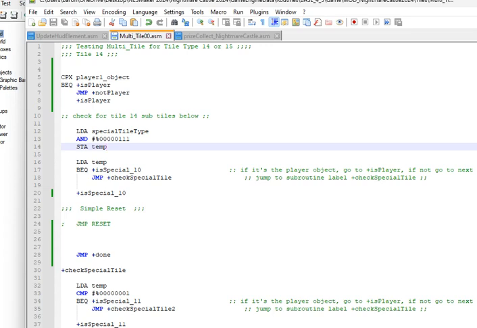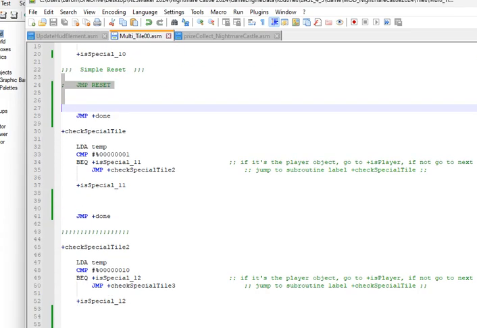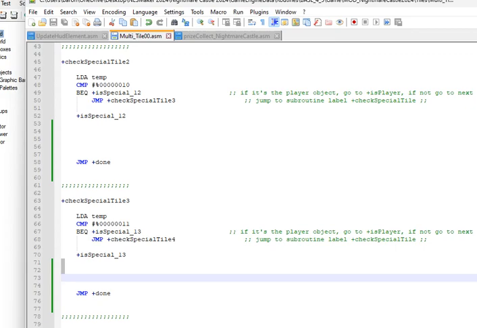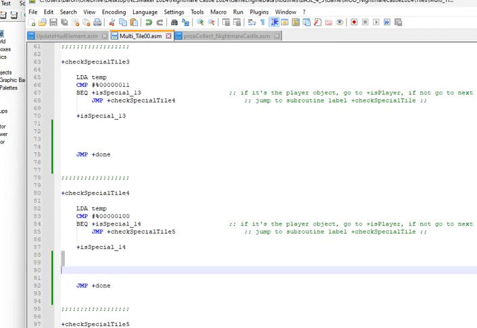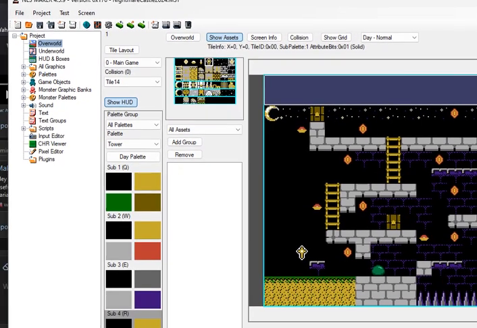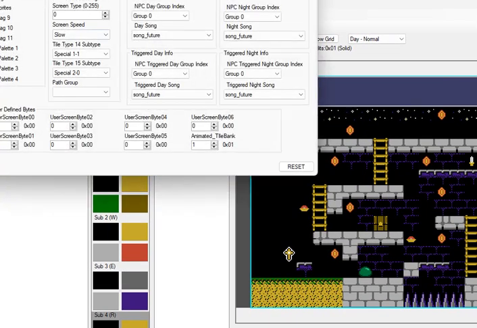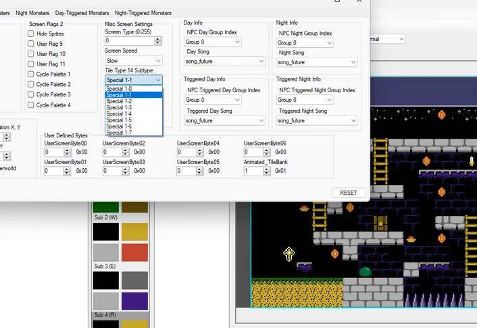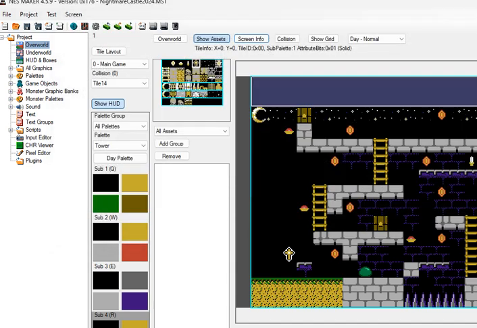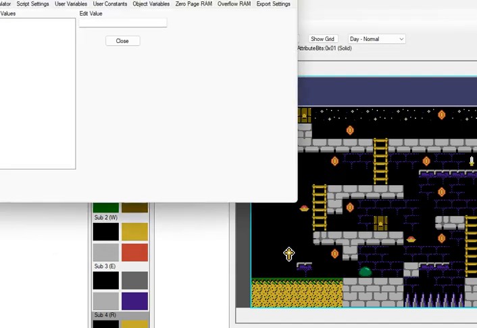They're both default tiles set up so you could just fill in the blanks with whatever you want here, whatever you want here, here, here, etc. If you want to rename them after that, say 14's special 0 resets the game, you could type in here.